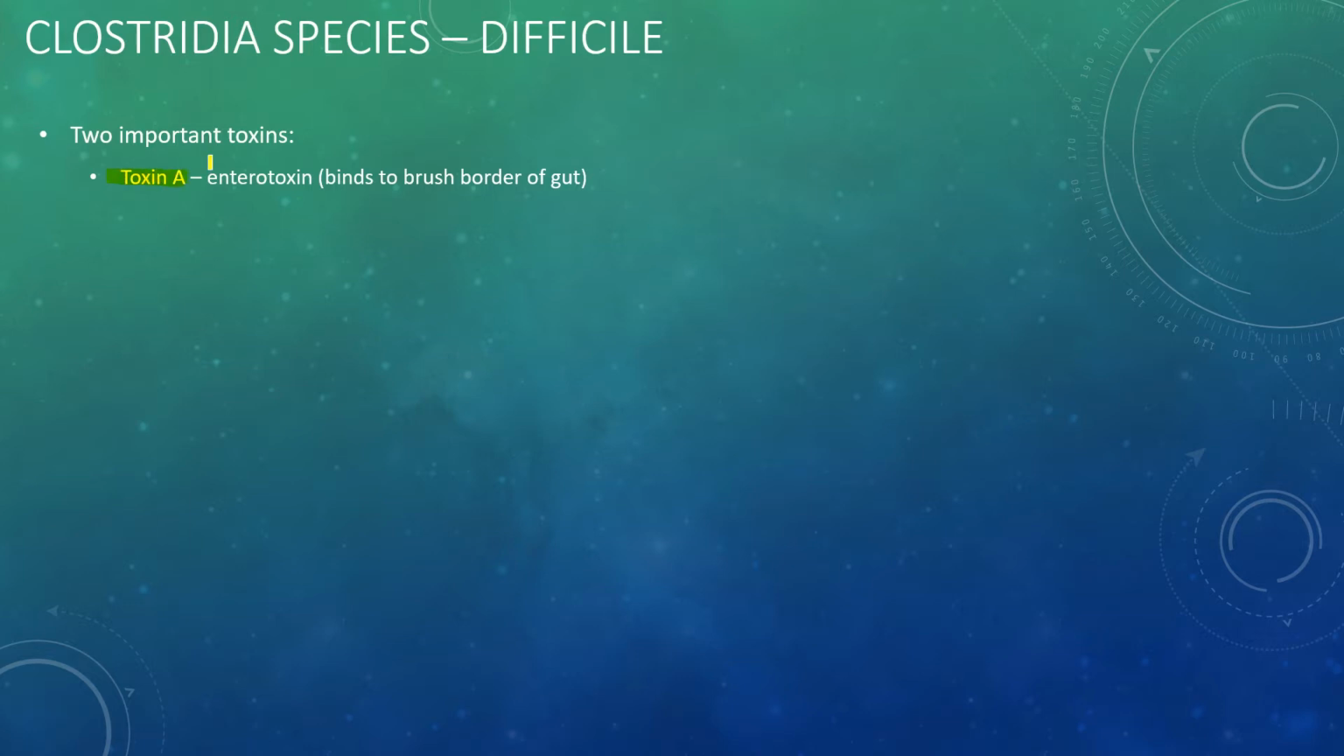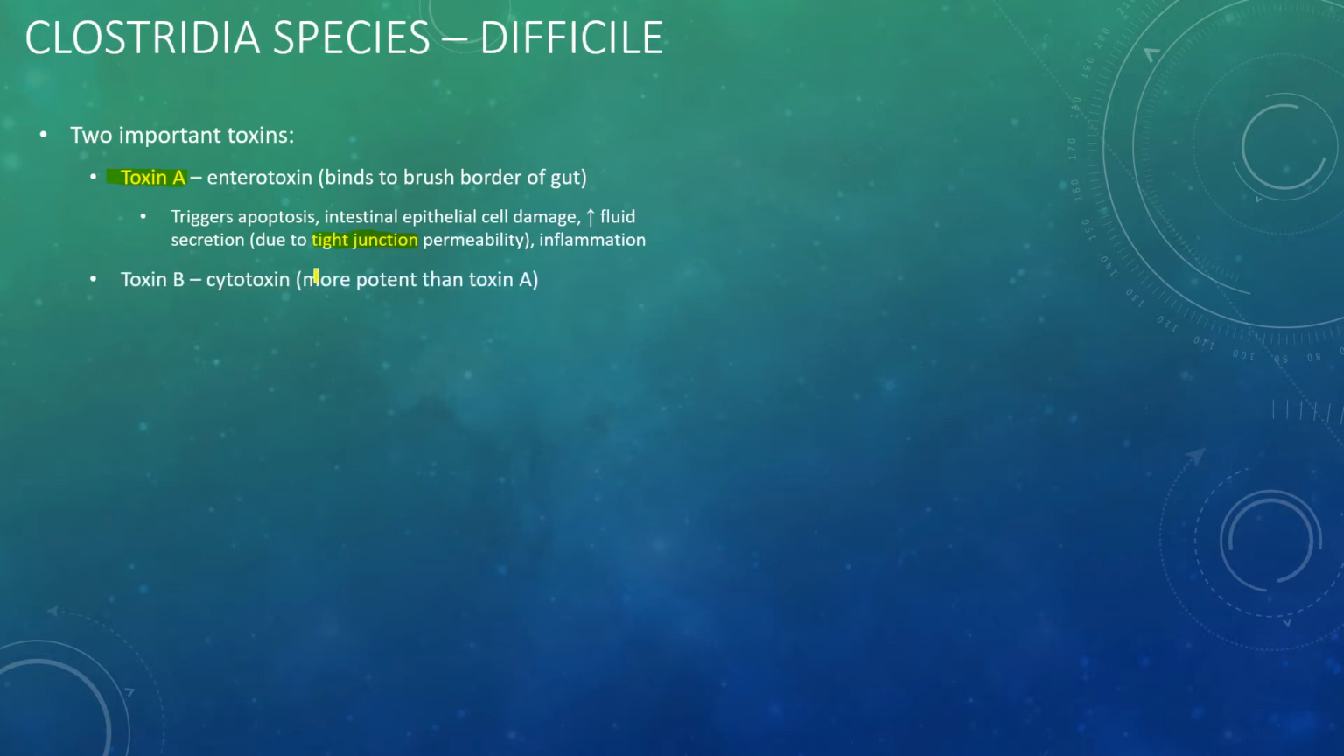Toxin A, which is an enterotoxin, binds to the brush border of the gut and triggers apoptosis, cell damage to the epithelial cells, and also you lose the tight junction, so you end up getting more permeability and loss of water and inflammation. So it damages the intestinal cells, causes more fluid loss and secretion, leading to diarrhea and inflammation. Now, toxin B is even more potent than toxin A, and it's a cytotoxin, so it kills cells very